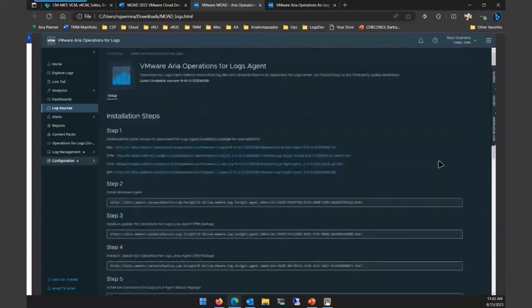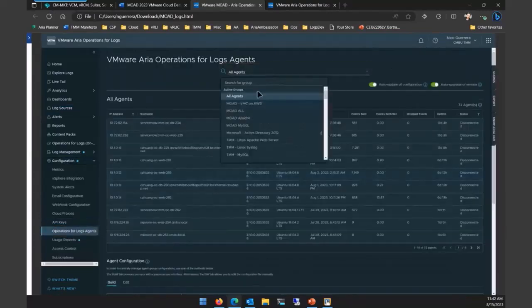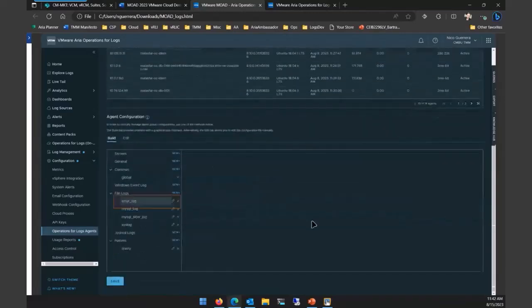So, once you have this configured, we go to our configuration here. We go to our Aria Operations for Logs agents. We break it down to our MySQL agents. And so you can see we have a few MySQL agents here that are running, pulling information from Ubuntu servers that are running MySQL. And if you want to see exactly what we're collecting, we have an agent configuration down here at the bottom. So if we click here,